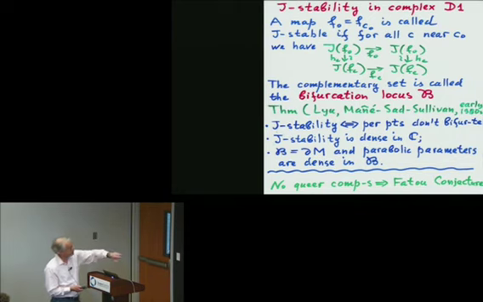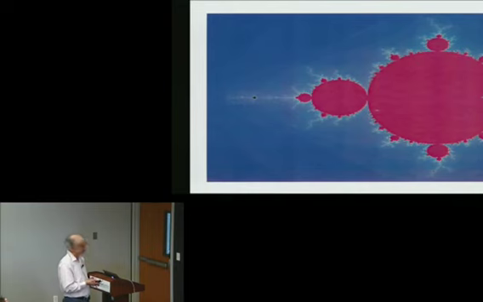Okay, so first of all, one step back to the complex one-dimensional situation. It was proved in the 80s that J-stability on the Julia set is a generic property. We don't know whether hyperbolicity is dense, but we do know that the parameter values for which the Julia set moves continuously are dense in the parameter space, and this is nothing else than the interior. One can show that the interior of the Mandelbrot set is filled with stable parameters. We don't know whether these parameters are hyperbolic or not, but nevertheless, they're always stable.